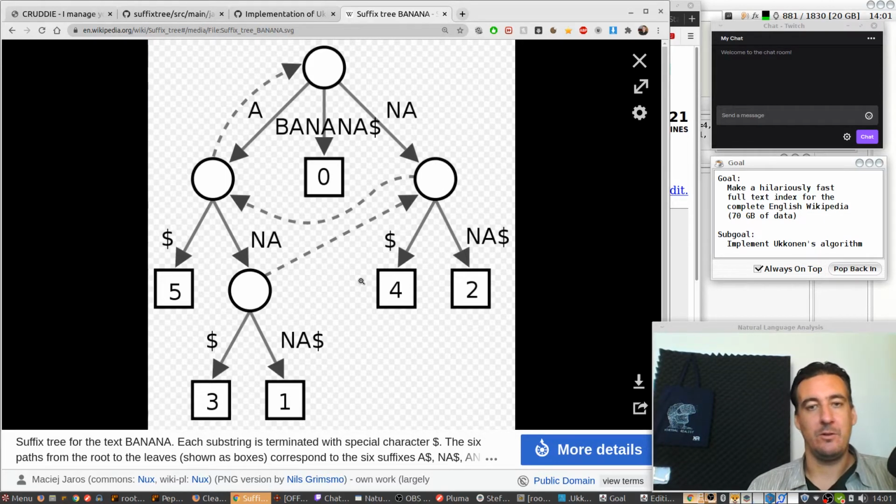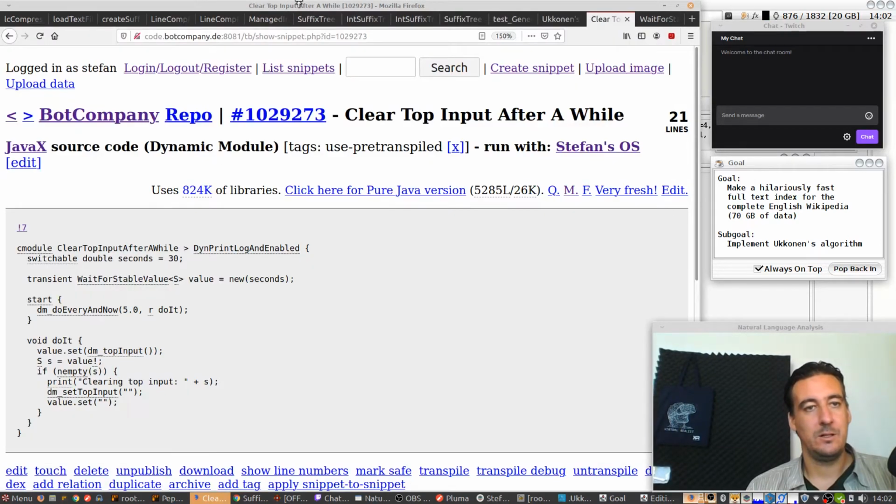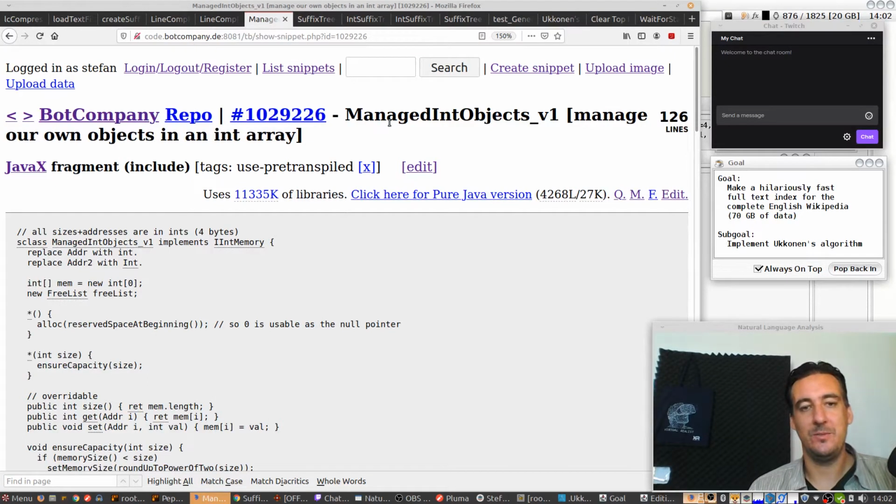I haven't found out how to implement it yet, how to find these connections here and how to make the thing work. So I have a tree that's like this. I made this kind of a tree, and it's actually pretty cool. I made something nice called managed int object. I manage my own memory in Java, because if you make a tree, it's going to consist of lots of little nodes,